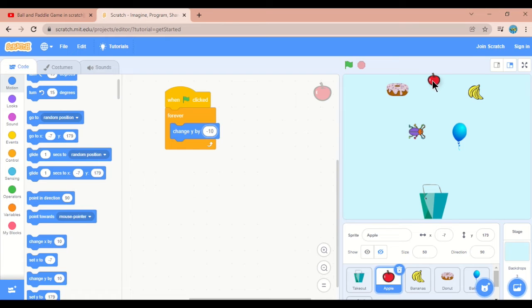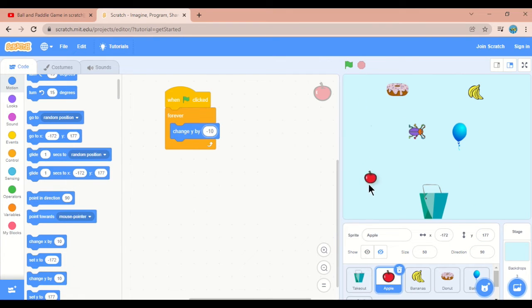So how can we give that? If it reaches here, see, from here the y position changes till here. From 180, now the y position is 177.